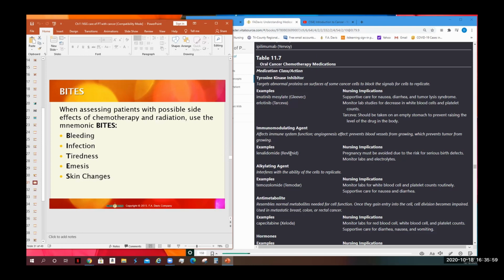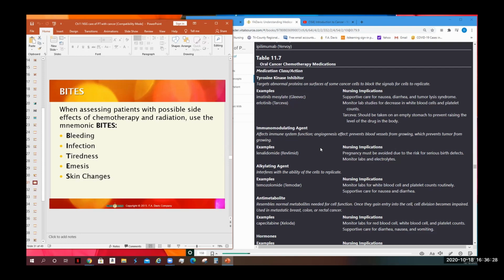Immunomodulating agent affects immune system function. Angiogenesis effect prevents blood vessels from growing, which prevents tumor from growing. So examples would be lenalidomide, also called Revlimid. The nursing implications: pregnancy must be avoided due to the risk of serious birth defects, and you will monitor